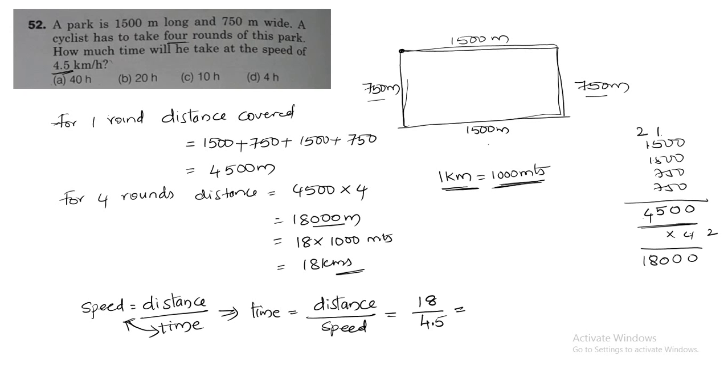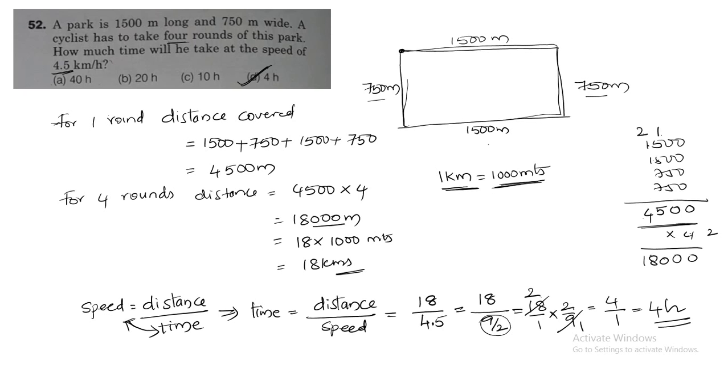So from this, 18 by 4.5. I can write 4.5 as 9 by 2. Half of 9 is 4.5 only, no. So I can write 18 by 1 into the reciprocal of the denominator 9 by 2, that is 2 by 9, when I am doing multiplication. So 9 in 18 goes 2 times, and 9 in 9 goes 1 time. When I multiply, numerator will be multiplied and denominator will be multiplied. Then from this I am going to have 4 hours. So the answer is 4 hours.